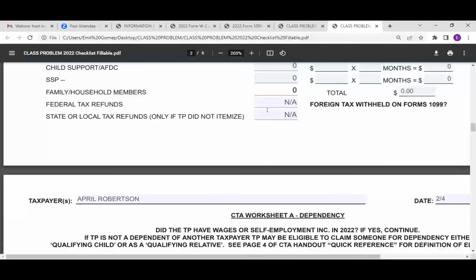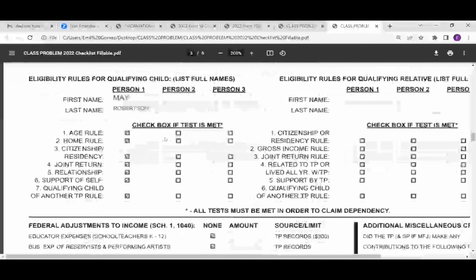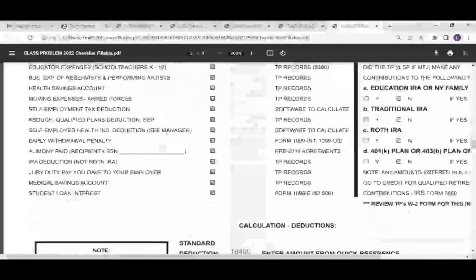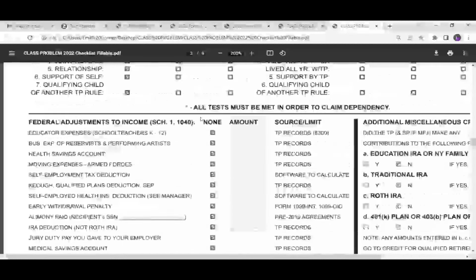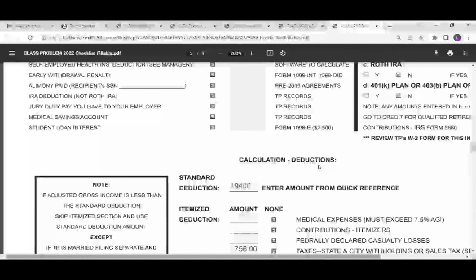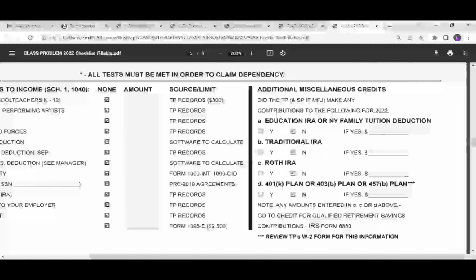Okay, we don't have information about refunds. But again, if it was a CTA taxpayer from the prior year, I would really emphasize try to get those refund numbers. We talked about this part of the screen. Does the person have any adjustments for AGI? Nothing. But again, you guys did a great job in terms of ticking off these boxes. Does the person have any retirement contributions? It might show up on